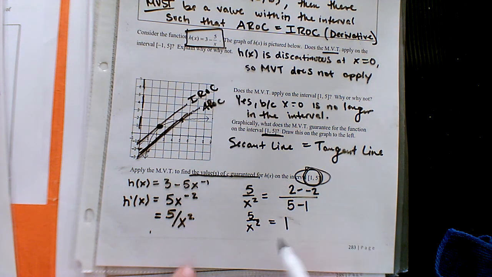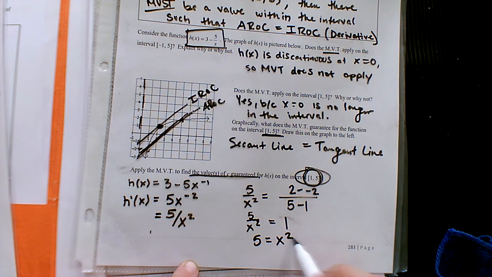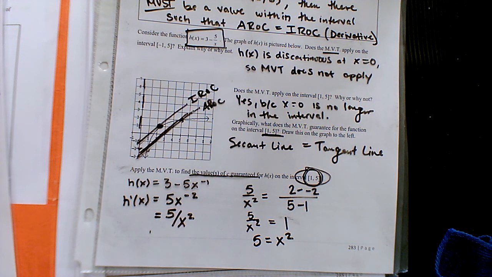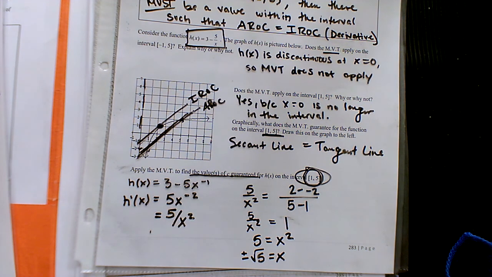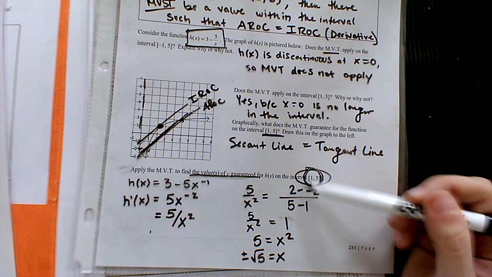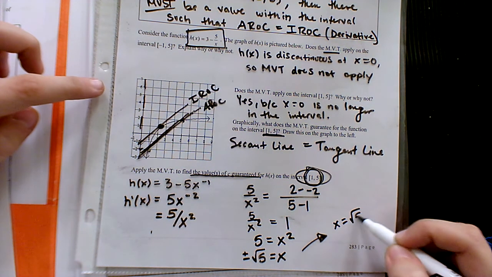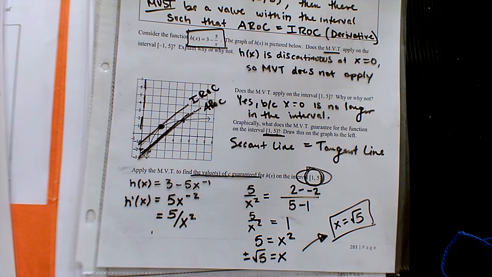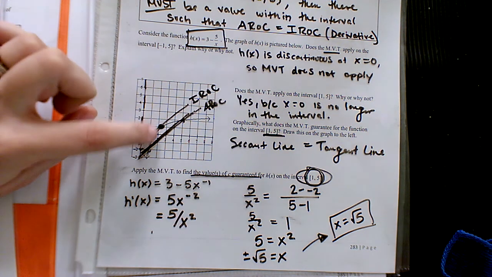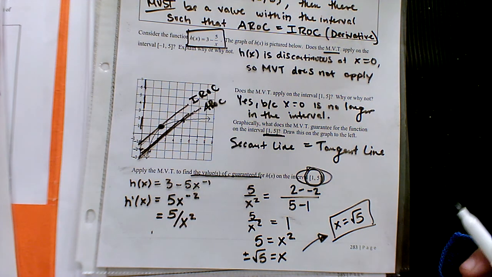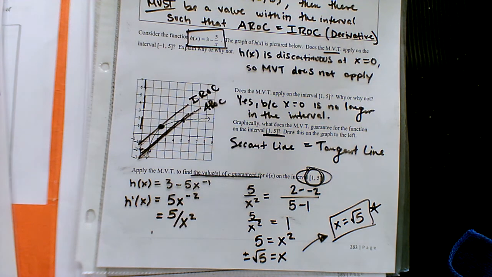All right, let's solve for x. Multiply x squared over. We get plus or minus the square root of 5. Since we have two answers, maybe one or even both are found within the interval. Can we label which one's the correct one? Positive. Okay, positive square root of 5. And I don't know it off the top of my head, but the square root of 5 should be 2 point something, right? Because the square root of 4 is 2. So it seems like our little drawing or estimation there was correct. Okay, so there's our special spot guaranteed by the mean value theorem.